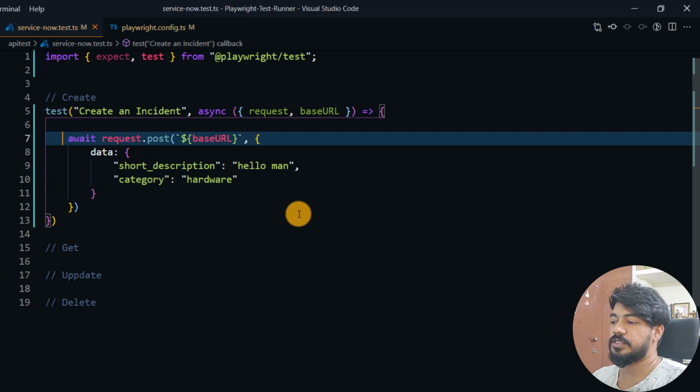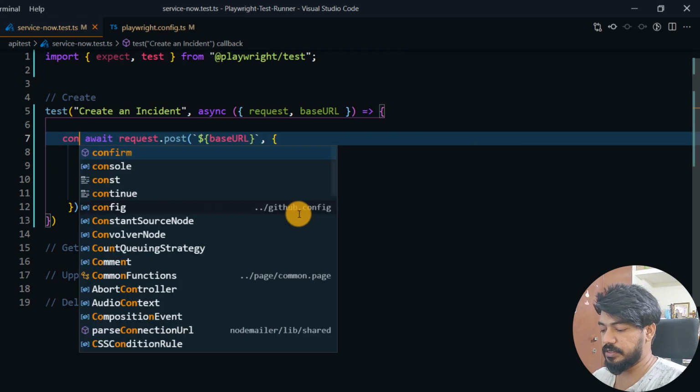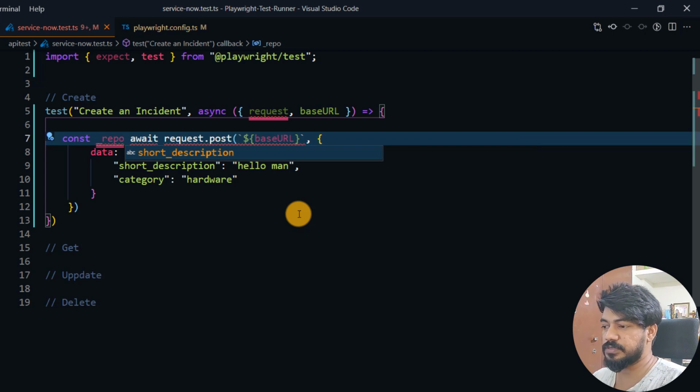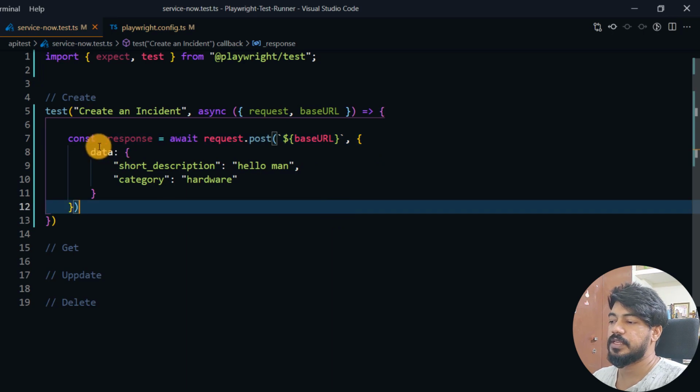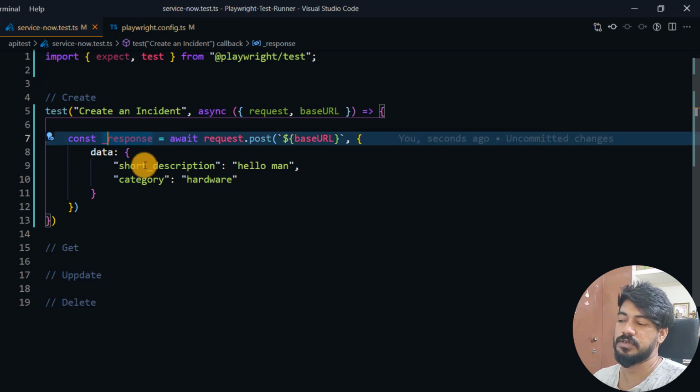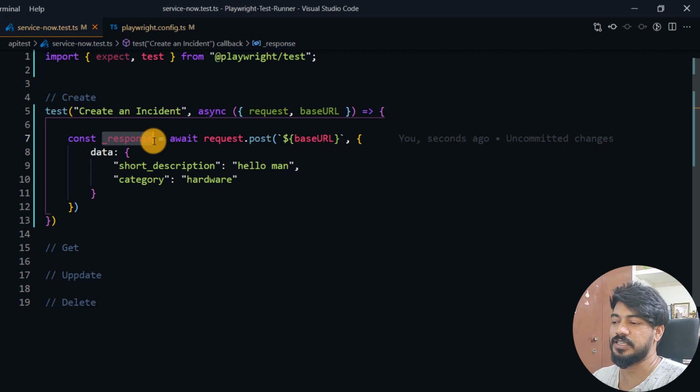Okay, now this is going to return me a response, so I can say const response. Whatever the response is going to give me, I'm going to save that here. Okay, and I'm using underscore. Just recently I learned that if you want to make something a more private variable, you can use the underscore. I think that's in JavaScript. In TypeScript we have the hash followed by the variable name, but yeah, this looks cool actually. So I'm going to use that. Okay, not necessary, I just learned something, so just sharing with you.